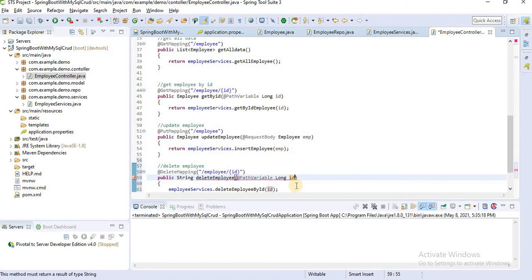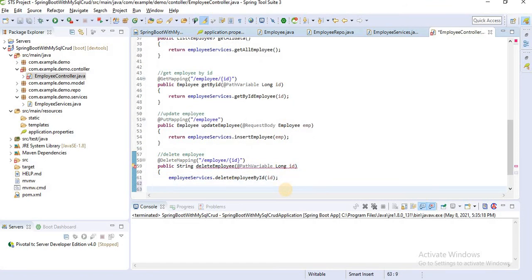Okay, we have got the ID here. Then we have to return something. I'll just return deleted. Now our API is created.